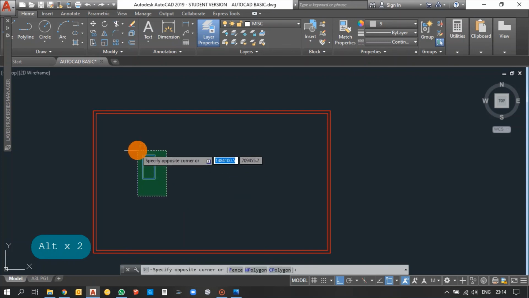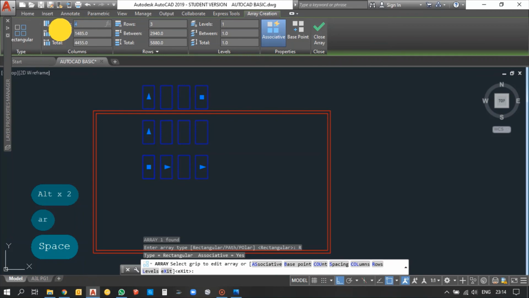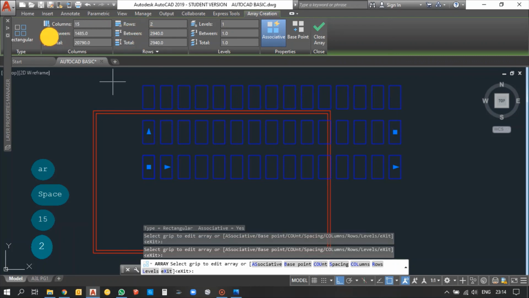So using array option with rectangular array, 15 modules in a row and 2 in a column, and distance between these two has to be set.